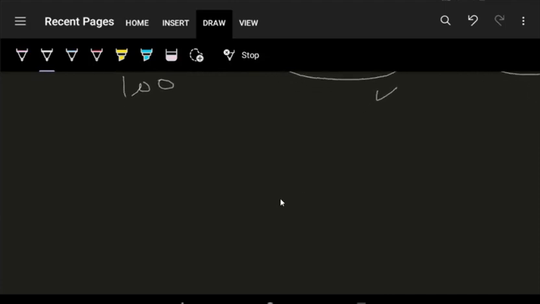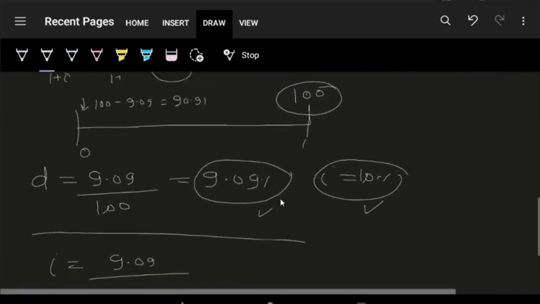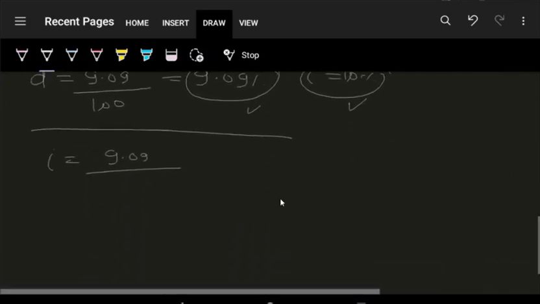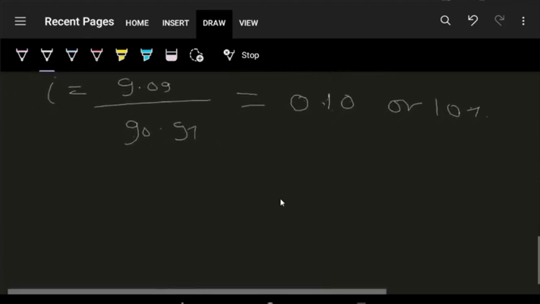Now let's check whether we have calculated this right or not. So to calculate the interest rate, I will use the amount paid. Amount paid is 9.09, and the initial amount that I get here is 90.91. So 9.09 upon 90.91 is approximately 10%. So we see that an interest rate of 10% is equivalent to a discount rate of 9.09%, and we now understand why.